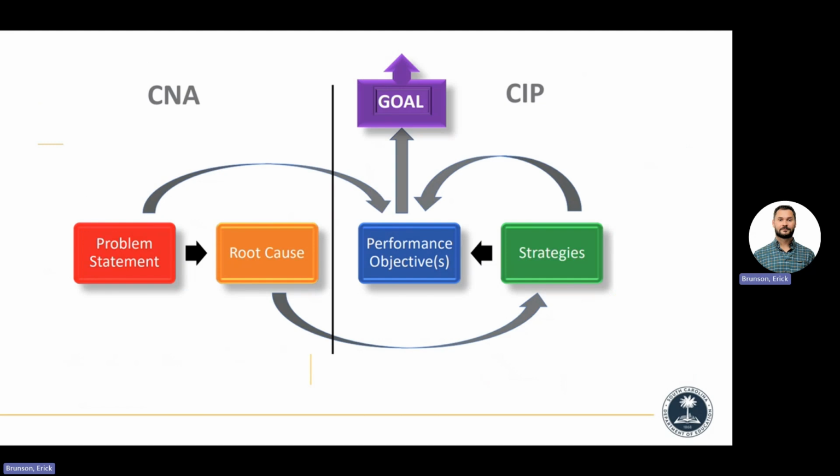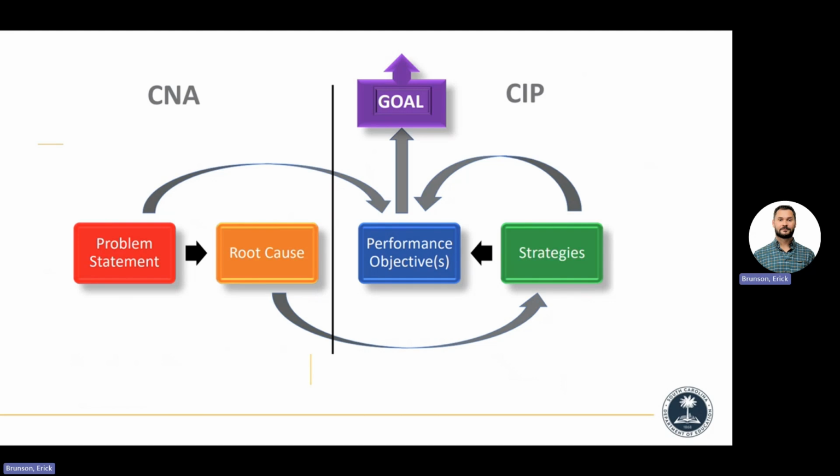So this process in a graphic looks a little bit like this. You're going to have a problem statement. Problem statements are the things you're going to derive from doing that data walk. We've got challenges in reading XYZ, right? So you develop a problem statement that's very specific. You're going to look at that and try to understand what is the root cause from that problem statement. How do we overcome? So guided reading in our building is not effective in many classrooms. Okay, why? Special learning, lack of understanding, lack of implementation practice.